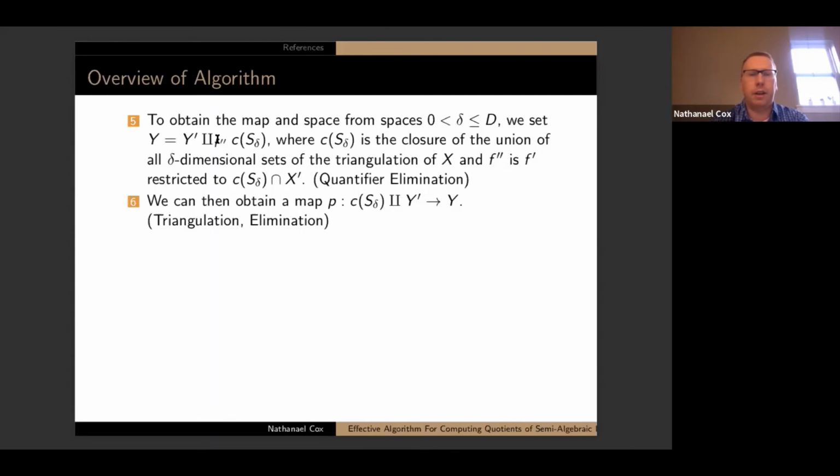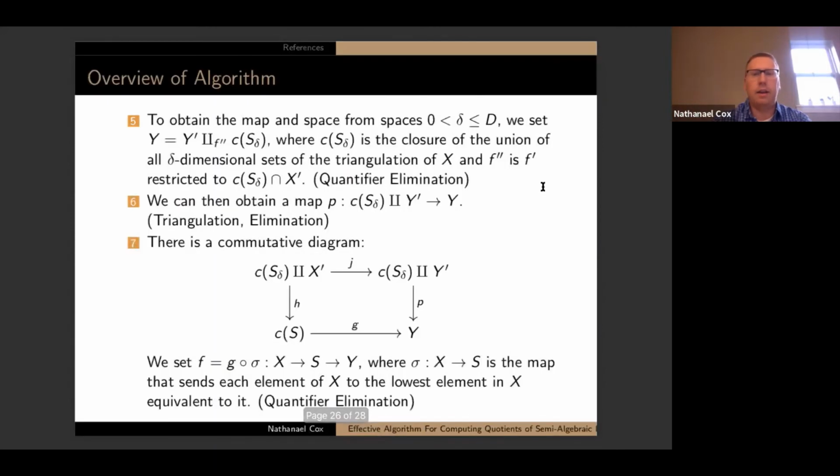And so this one's kind of like gluing the disjoint union along the function, right? And so the closure of all the delta dimensional sets of your triangulation, disjoint union with the lower dimensional quotient space that you obtained on the previous iteration, right? And then the only problem with this map P is it doesn't quite have the right domain. We would like our map to be from X to Y. And so you get this